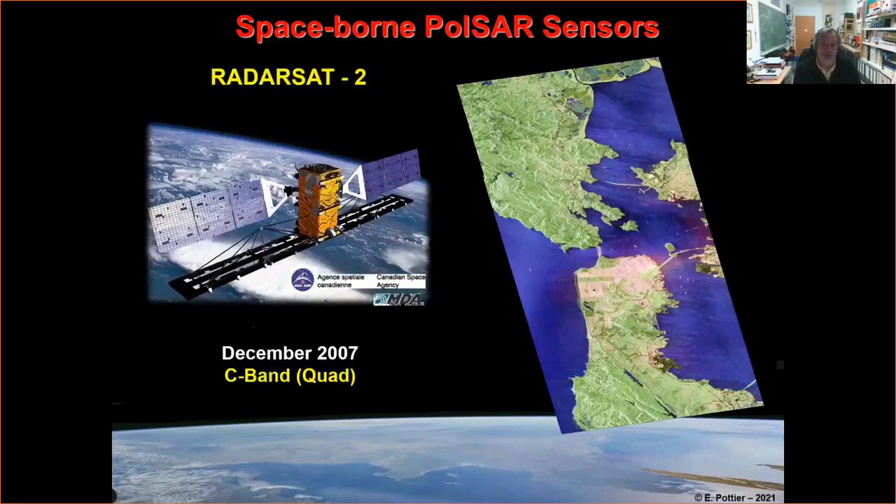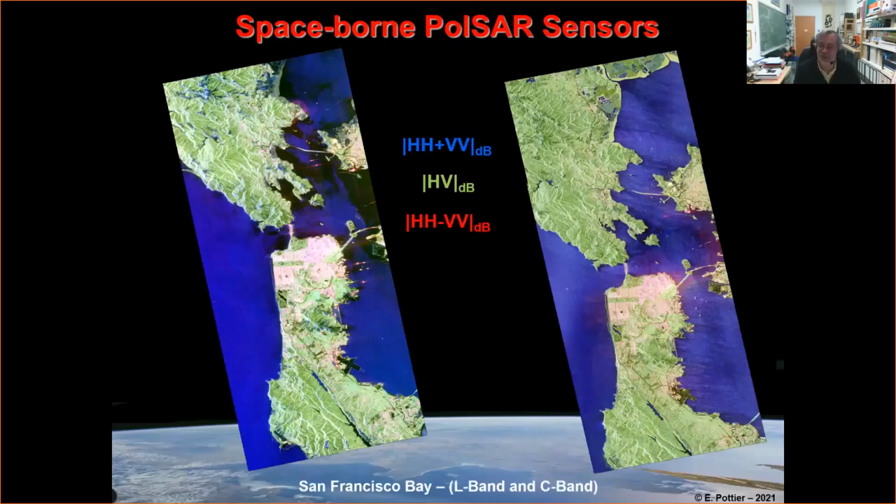Then today we have still working RadarSat-2 from Canada in C-band. So you can see this is the same image of the San Francisco area, but in C-band. So I shall come back to this image because you can play with these two images, and in such a case you can derive a multi-frequency approach. When your two images perfectly overlap, you can have an L-band interpretation and a C-band interpretation. It is not at all the same frequency, so you will not observe exactly the same scattering mechanism.